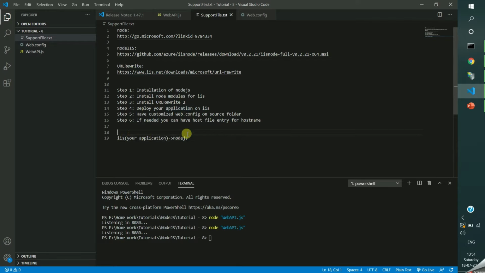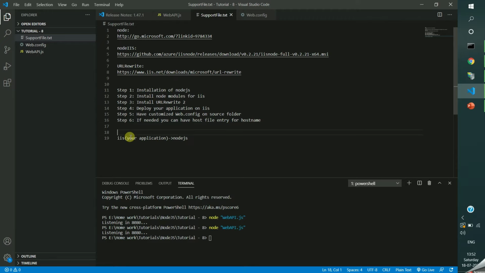Okay, it will be like this. For example, you are giving your specific hosted URL. This IIS will get it, and it will identify your URL. Based on your configuration, it will run your code in Node.js. Then it will return the output. You got it? It is very simple.